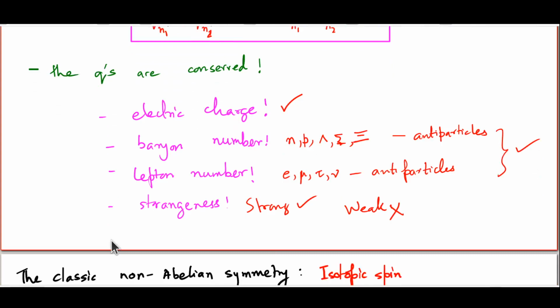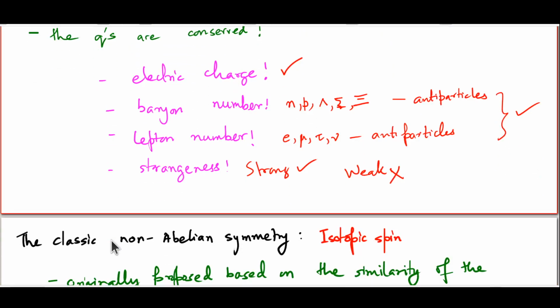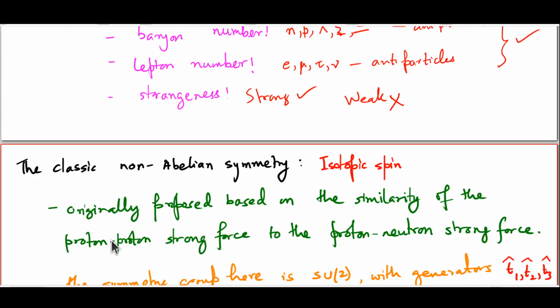This isospin or isotopic spin symmetry was originally proposed because it was found that the proton-proton strong force is very, very similar to the proton-neutron strong force. In fact, the proton and the neutron are very similar particles except for one very important property. The proton is charged and the neutron is not. So it's obvious that thinking of them as two states of the same system, same particle, the so-called nucleon, will not really make sense because